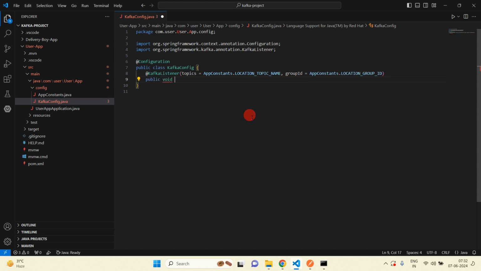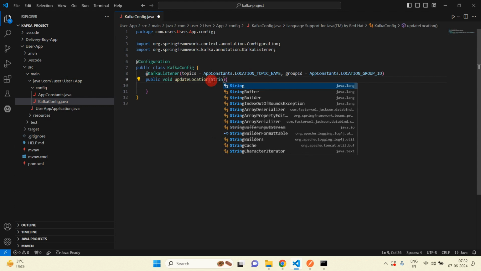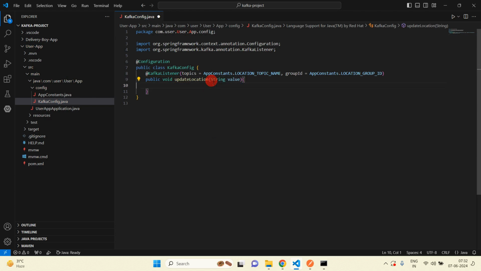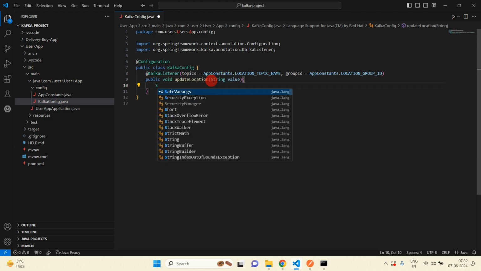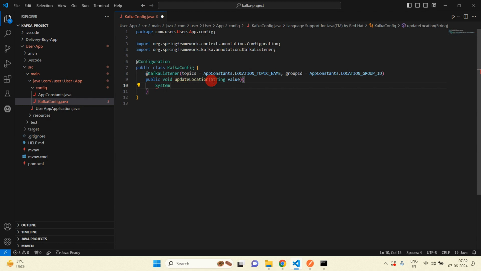So just write the name of the method, updateLocation, and here we will get the location from delivery boy. So just write String value, and now I am going to print this value. In this value we will get the updated location from delivery boy.